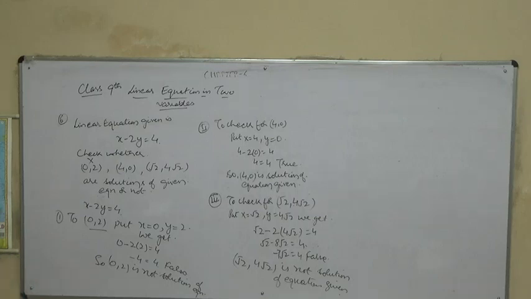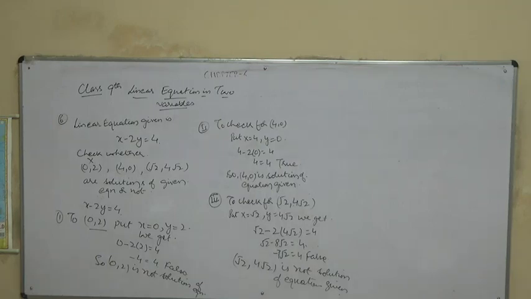So for today, we did the linear equation in two variables, and we have learned how to write an equation in the standard form ax plus by plus c is equal to 0. We have done multiple questions on them, and we have seen that if there is any missing term out of the 3, that is x, y or the constant term, if the constant term is missing, then write it as 0. If the value of x is missing, there is no x term, then the corresponding value of a will be 0, and if the term y is missing, then the corresponding value of b will be equal to 0.